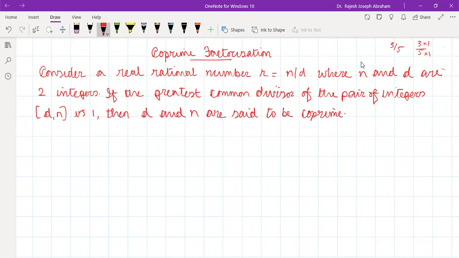What is the significance of this co-primeness? When we discuss transfer function stability, we look for whether the numerator polynomial and denominator polynomial are co-prime. Because say for example, you may have a transfer function like (s plus 2) divided by (s plus 3), into (s minus 3) divided by (s minus 3). Here this s minus 3 in the denominator will make the system unstable, and in the numerator we have a 0 in the right half of the s plane. So this 0 at plus 3 and pole at plus 3 will cancel each other.